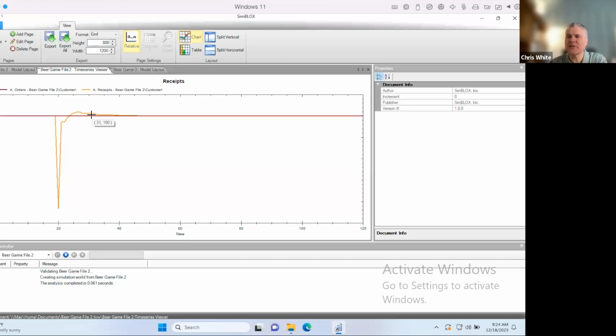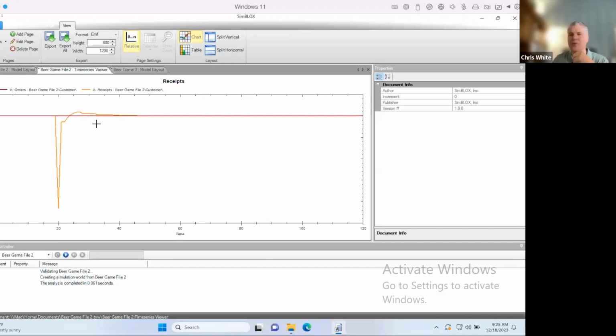It makes perfect sense when you walk through the logic of it. But as we run businesses daily, we often just look at our part of the picture and assume that we ordered 100, so we'll get 100. No, the supply chain will give you what it is capable of giving you, based on how everyone has reacted and responded. So here we drop, and it's not huge. We're down to like 95 or 96 cases instead of 100 for a period of time, and then we've got to catch up because we didn't get those.